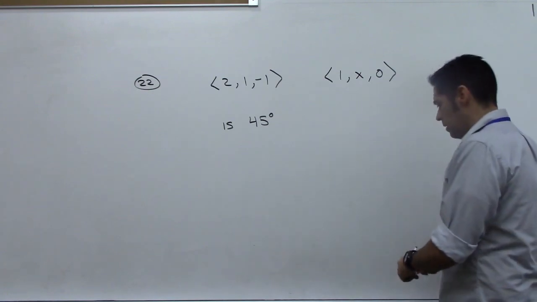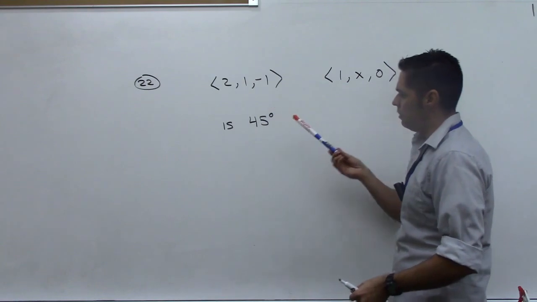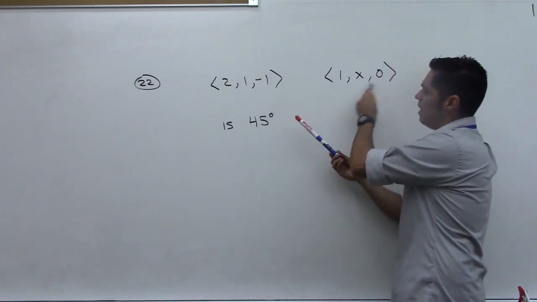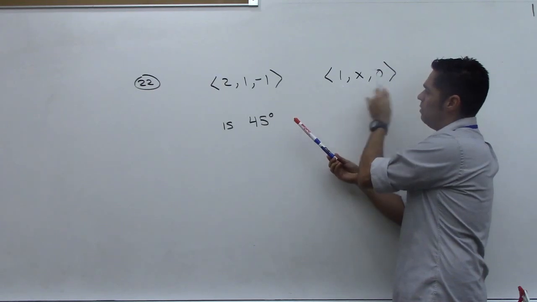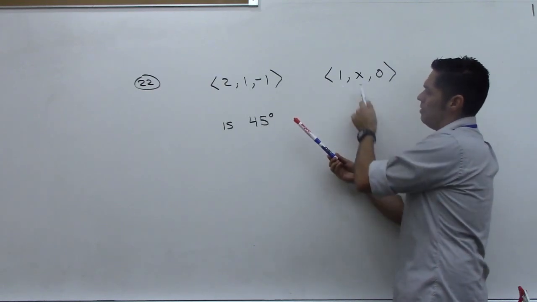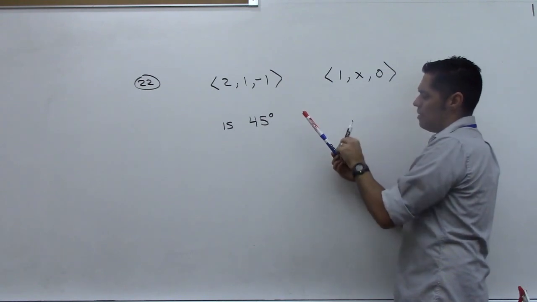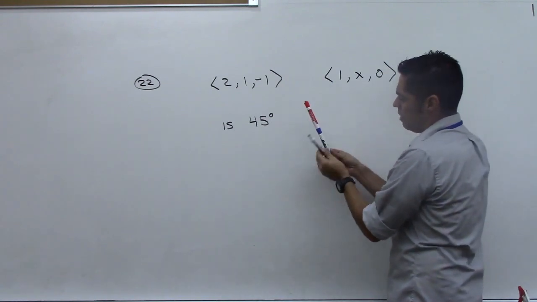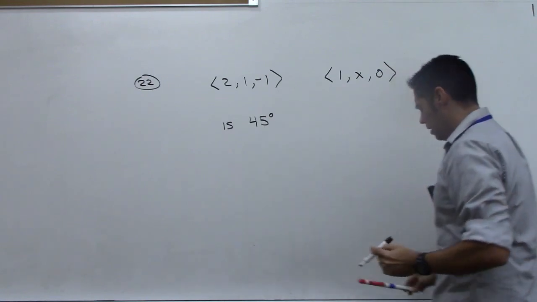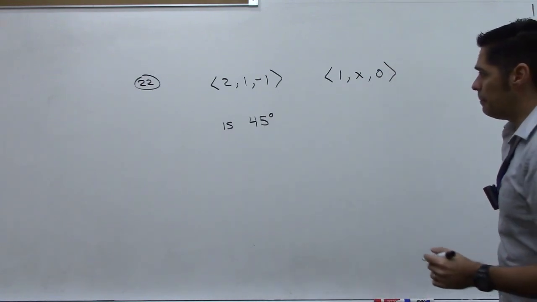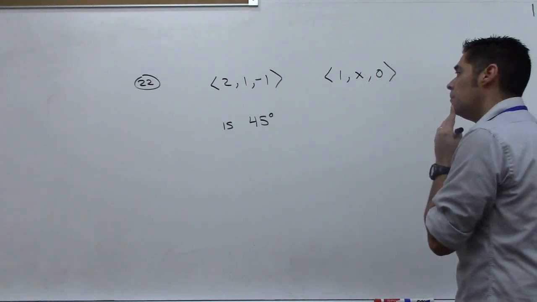So it's kind of interesting. If you look at it three-dimensionally, you have a vector sitting out here. This one's not moving. It's right there. This vector has some certain conditions. The x component is 1, the y component is 0, and the z component is free to be whatever we want. So maybe there's a way that we can find some vectors that'll always make an angle of 45 degrees with this vector. And so which ones do it? So what does it mean for it to be 45 degrees? Well,